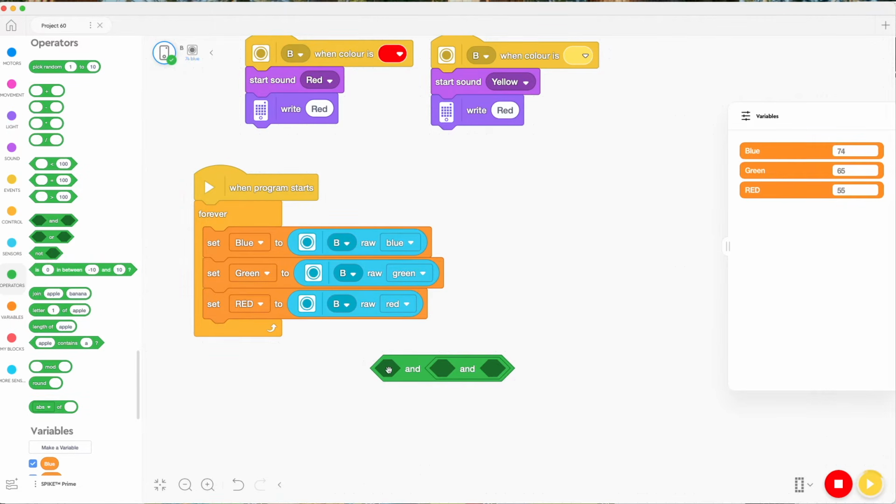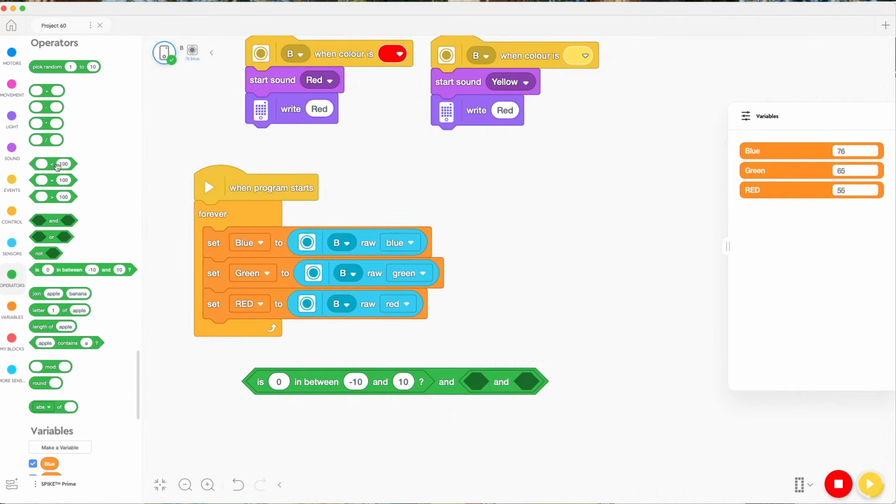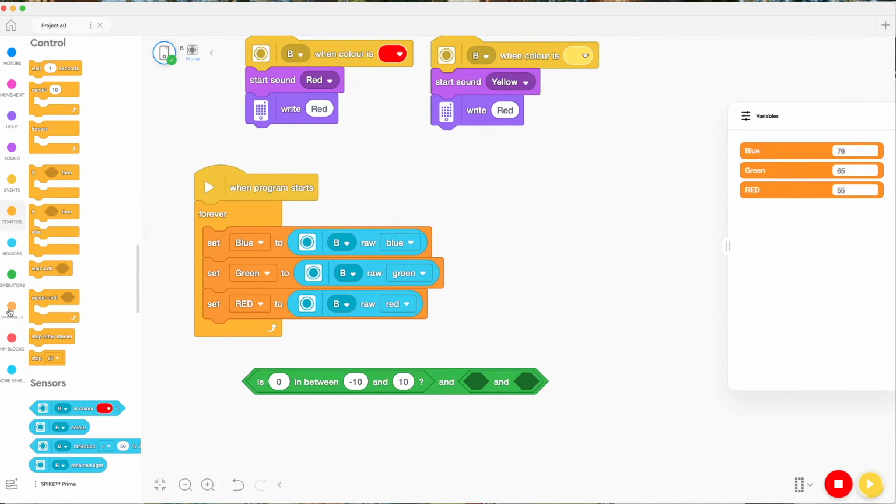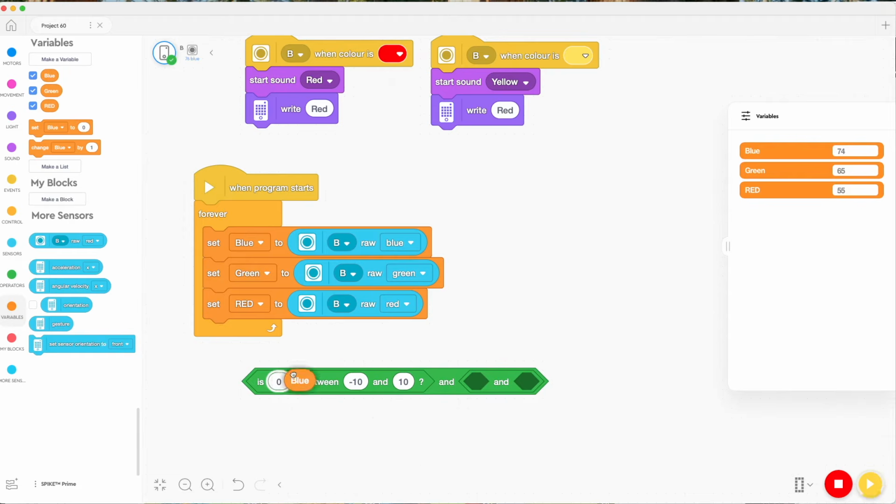So in here, we can choose this block here, put it in there, and say when the value for blue is between maybe say 70 and 80,